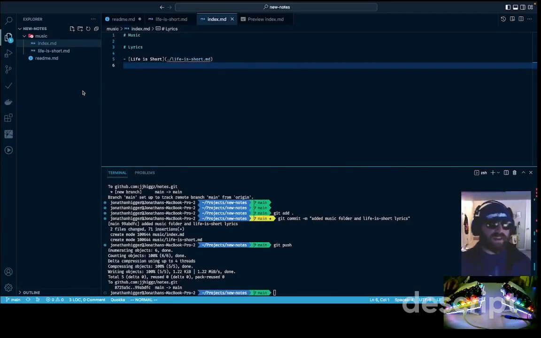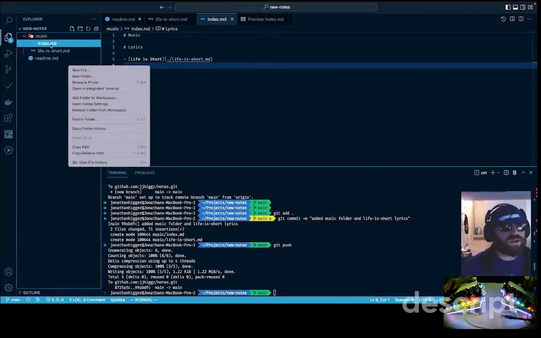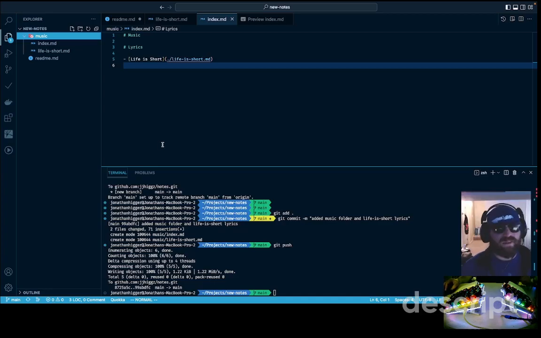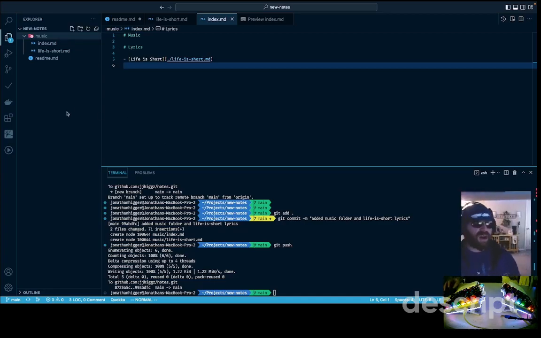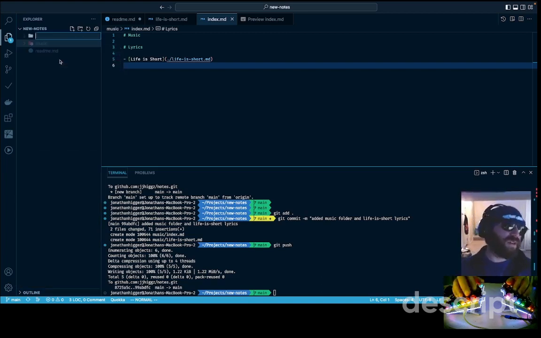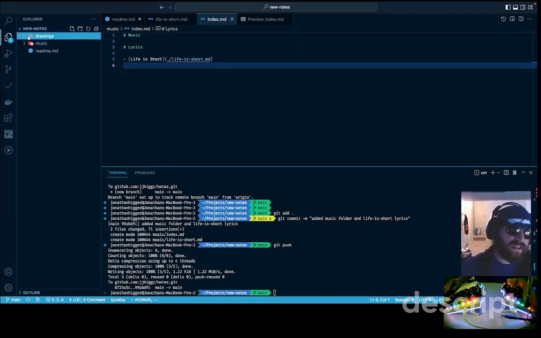What else is cool about this? So now if I want to take notes, not only can I navigate around these notes pretty easily, but it's really not too much trouble to do creative stuff that you can't really do with just Markdown. So for example, let's say I have a schematic or drawings. I can go into a new folder and we'll call it drawings or something like that. And in here, we're going to make a